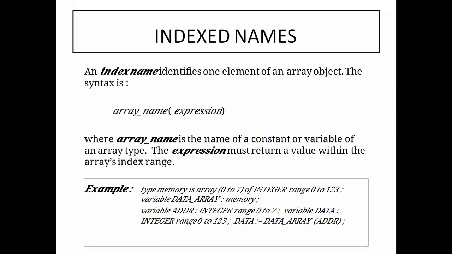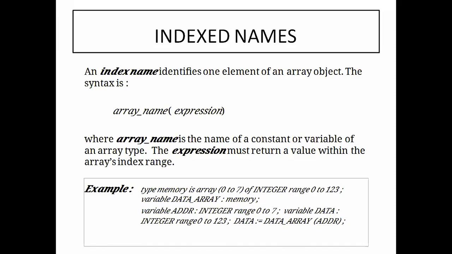First you have to write the array name, followed by the expression, where array name is the name of a constant or variable of that array type, and the expression must return a value within the array's index range. म्हणजे एक्सप्रेशन जे तुम्ही लिहाल, it must return some value and that should be within the array's index range, because we are using here a constrained type of array. राईट, तुम्हाला जर का आठवत असेल डेटा टाइप्स, कन्स्ट्रेन्ड आणि अनकन्स्ट्रेन्ड. कन्स्ट्रेन्ड अरे टाइपचा स्पेसिफिकेशन काय, we have to specify index range. Right, so it is a constrained type of array that we can use here for indexed names.